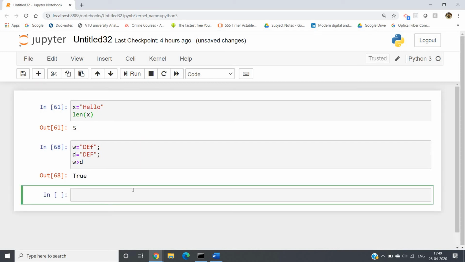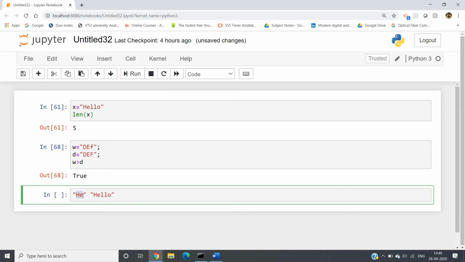Next very important concept, that is checking a particular string is substring of other string or not. Okay, suppose I am considering two strings, hi and other string is hello. Now you just check, hi is a substring of hello or not. No, this is not a substring. Okay, let me check one substring. Suppose he.